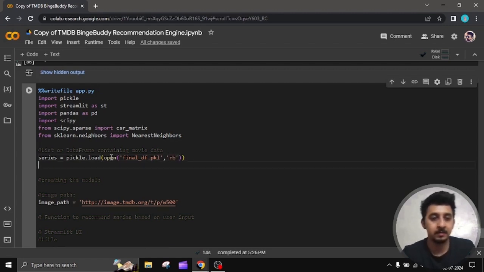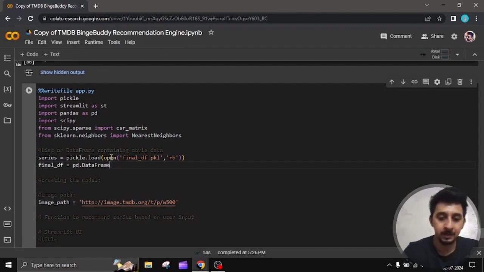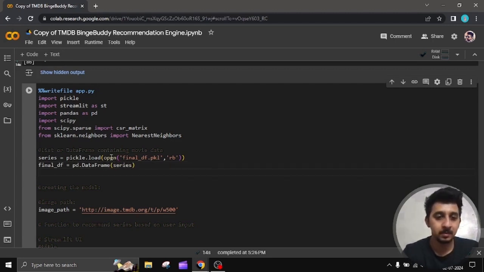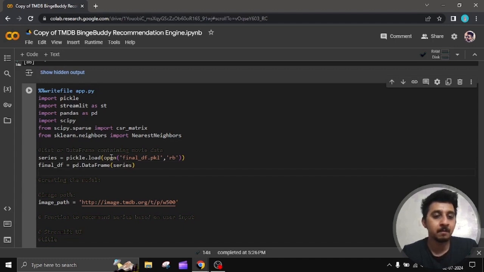So this is our final df. Final df is nothing but this pickle file, we will convert it into a data frame. So we'll write pd dot DataFrame series,